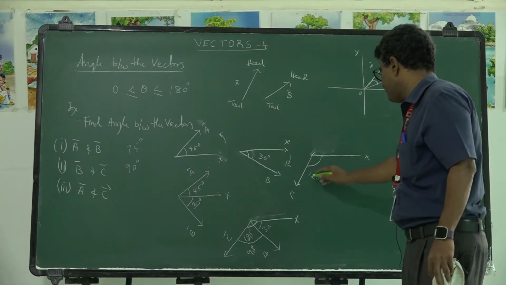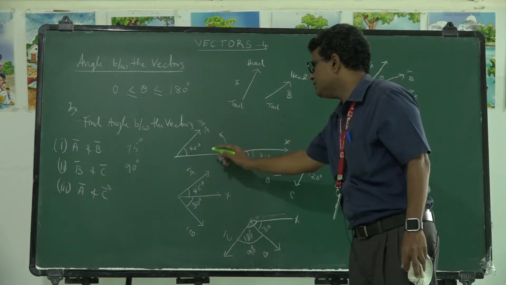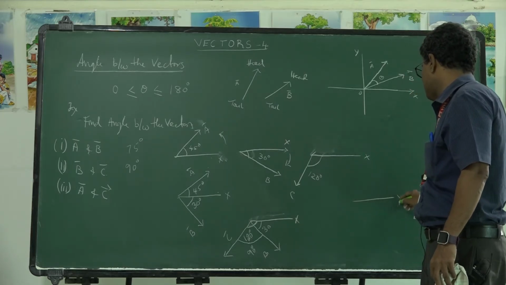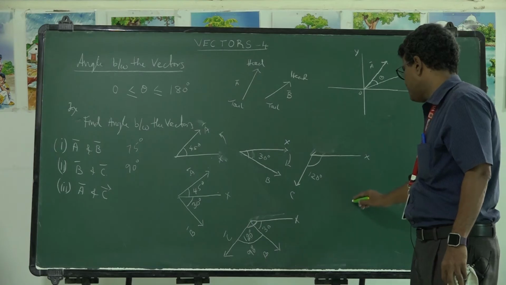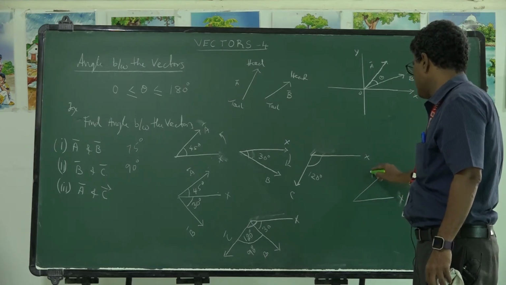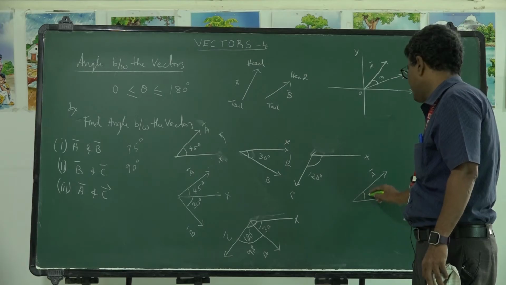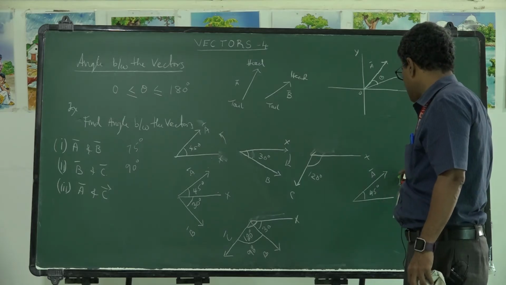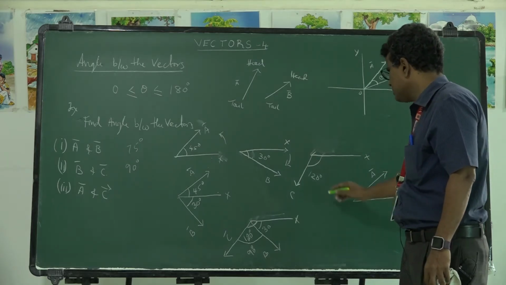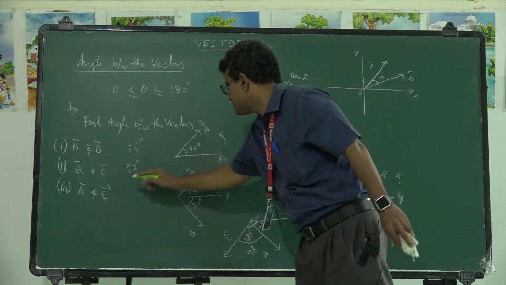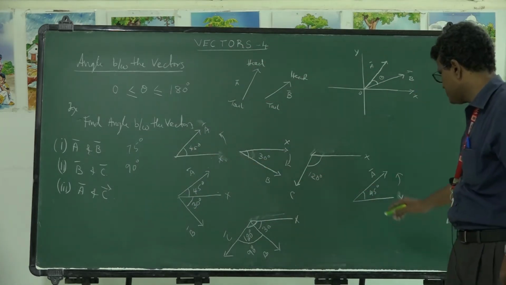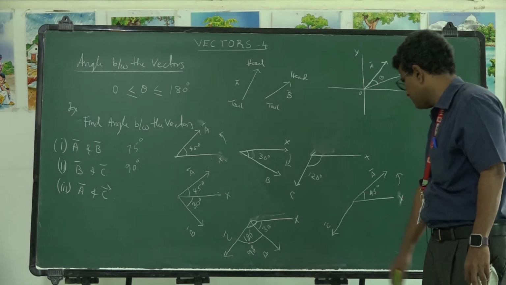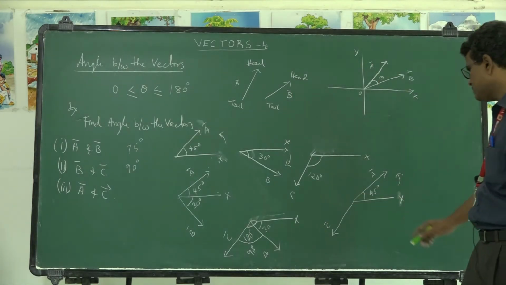Now, we want the angle between A bar and C bar. So, draw the x-axis reference, and draw the first vector A bar, which makes an angle of 45 degrees with the x-axis in the anti-clockwise direction. The second vector is C bar; we want the angle between A bar and C bar. C bar is here, which makes an angle of 120 degrees with the x-axis. So, this is C. Now, you may get a doubt. This is 120.